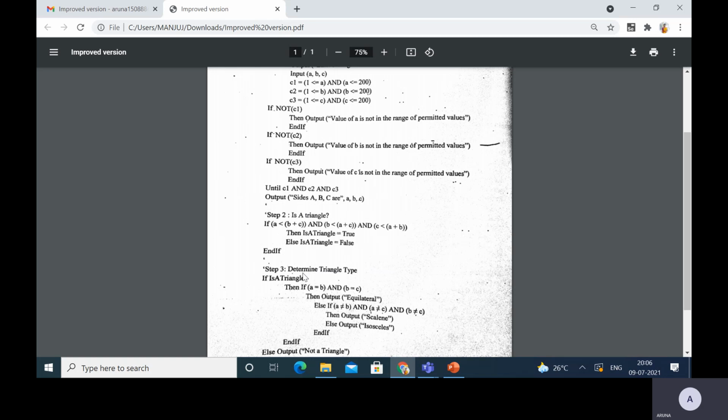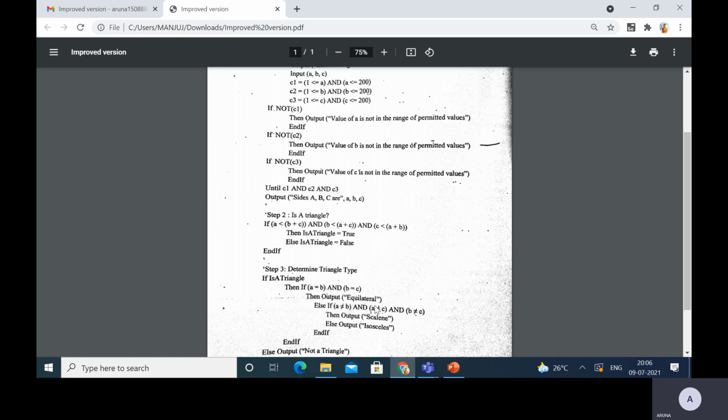Now you can determine the type of the triangle. Is a triangle is true. So if A is equal to B, what is my A value? 3. B is 4. A is equal to B, false. So it will come to else if A not equal to B, 3 not equal to 4, condition true.